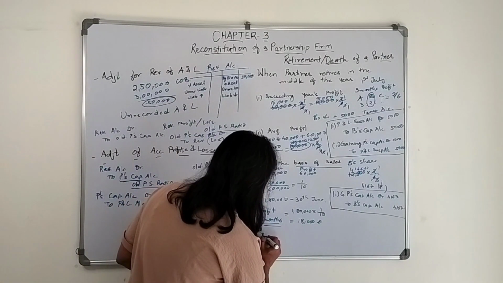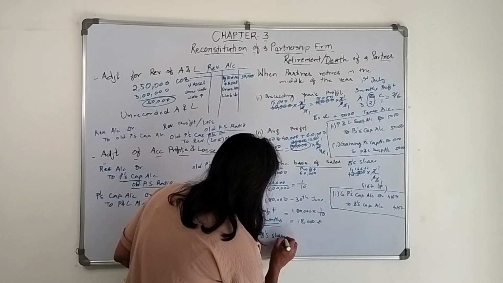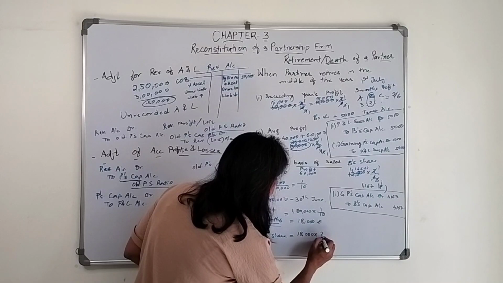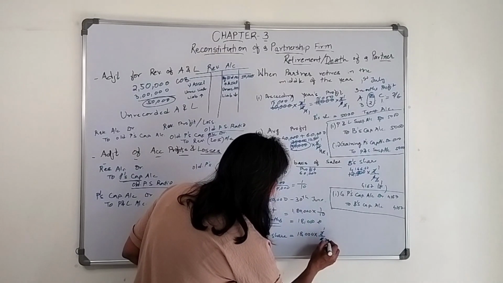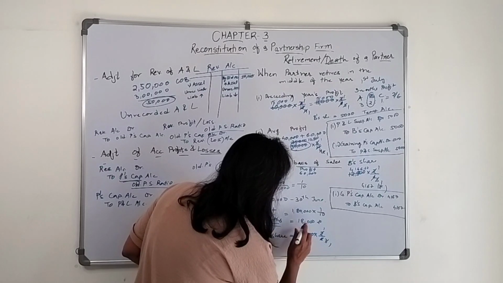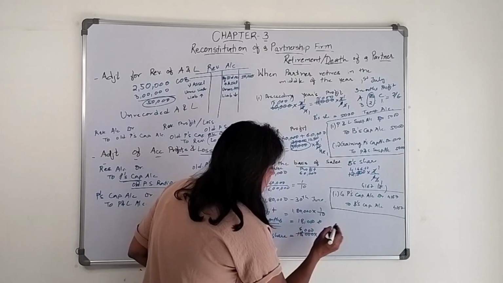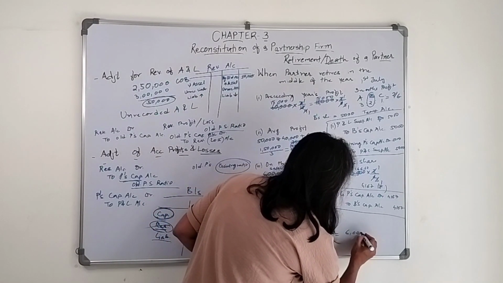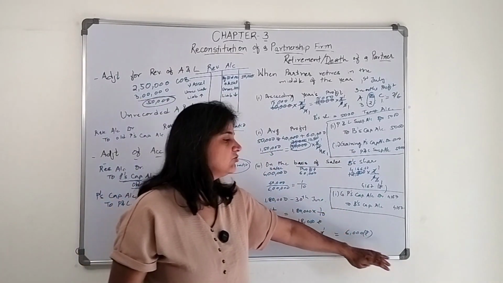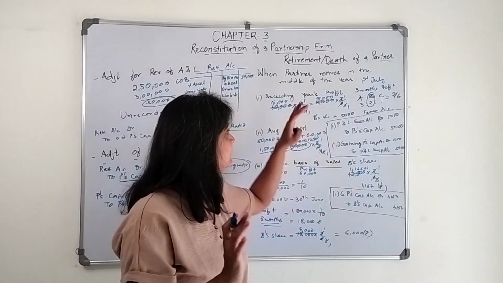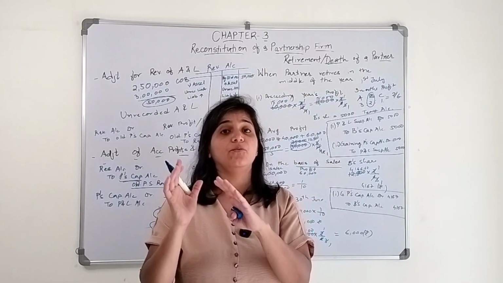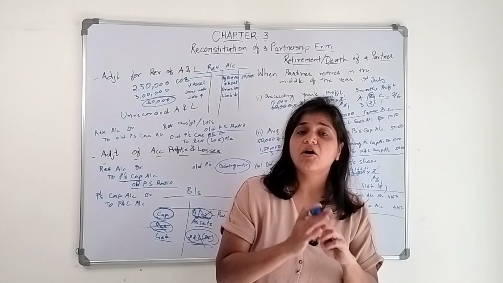How much will be B's share? B's share equals 18,000 into 2 by 6. 6 3s are 18, so 6,000 is B's share in profit. We will give 6,000 to B. So these are the three situations in which we will calculate the profit amount when the partners retire or